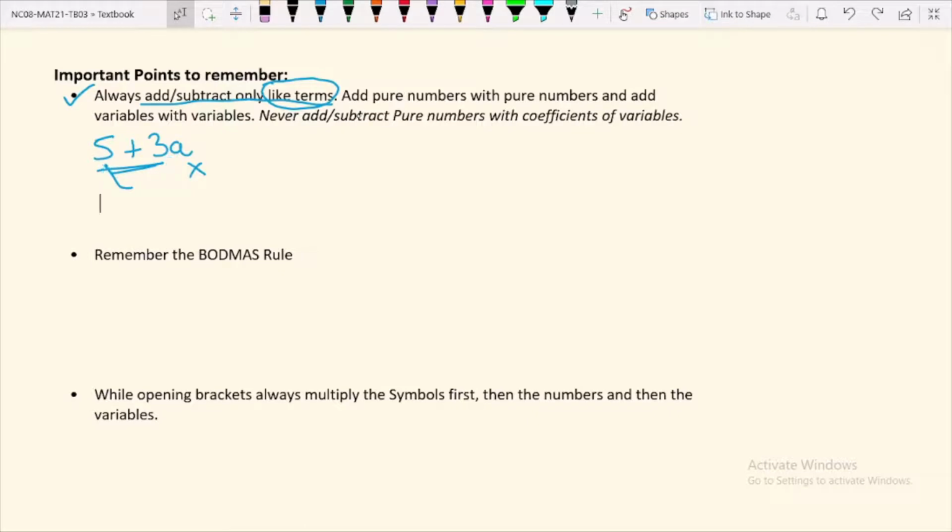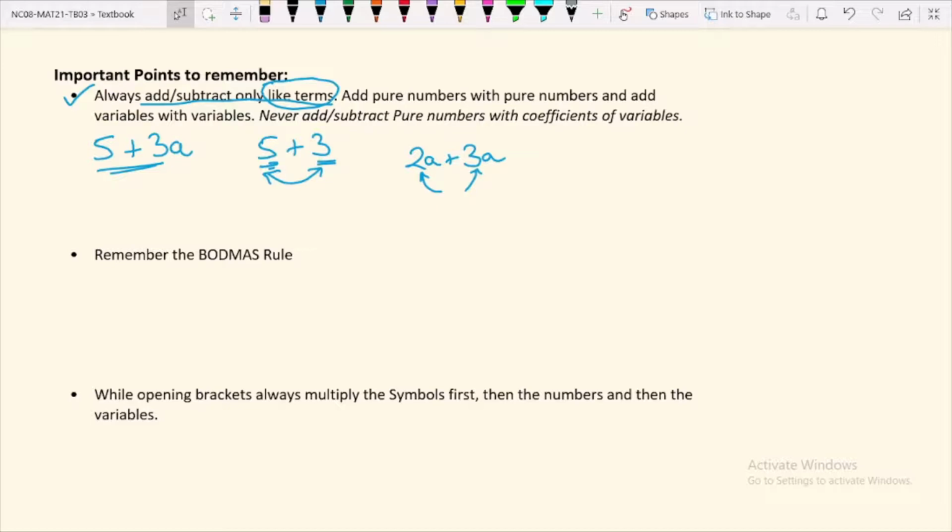So these are not like terms. These are called unlike terms. But if I have only 5 plus 3, then this is also known, this is also known. 5 is also constant, 3 is also constant. So if these are both the same quantities, then I can add them together. Another is 2a plus 3a, 2 apples plus 3 apples. So 2 apples means same quantity apples, 3 apples also is the same quantity, it is the number of apples. So if the quantities are same, then we can add them together or we can subtract them together. Those are called as like terms.